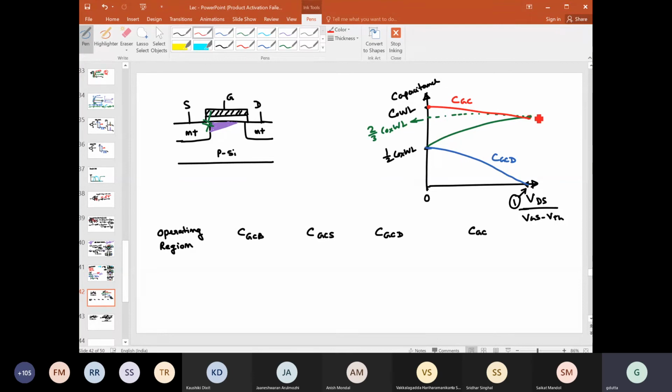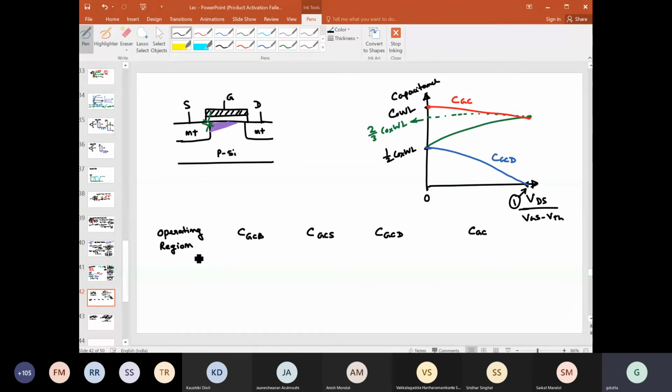Right. So I hope this gives you the basic idea of how we can estimate the capacitance and get to channel capacitance, particularly in different regions. However, we can see that it is continuously varying, right? It is dependent on VDS, VGS, almost all the things. But to make our hand calculations easy, we will take some approximation and try to fix the values based on the regions they are operating.